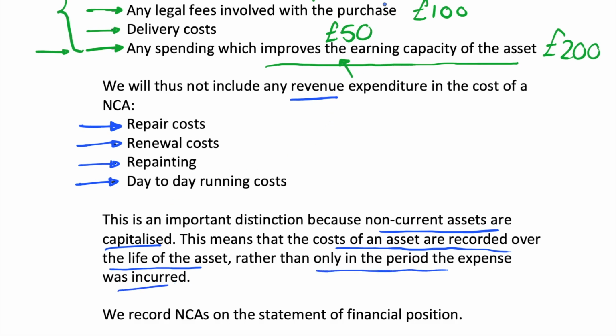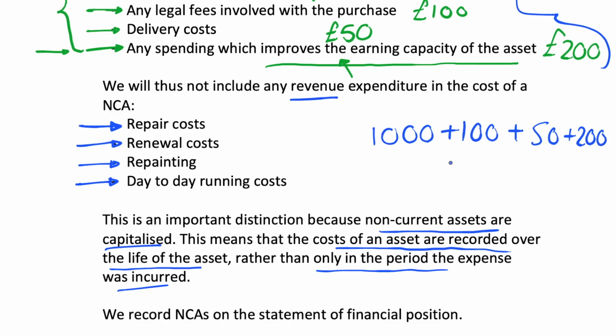So if we use this example up here, if I can sort of do a curly bracket around those, we can see that the costs of this asset would, say, be clearly 1,000 plus 100 plus 50 plus 200. So our cost of the asset here, if my maths is correct, will be